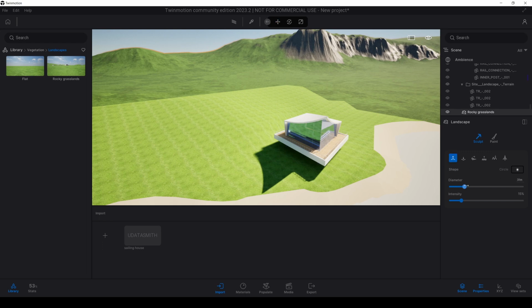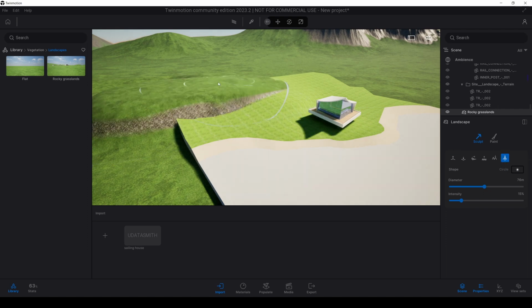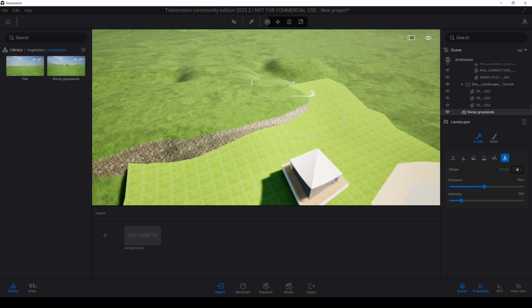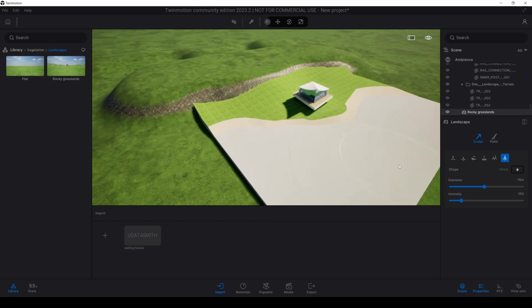I'll increase diameter to paint it easily. First I will get a decent height, and after that I'm gonna click this flatten and make that flat. Actually, my target is making the landscape equal with the model.